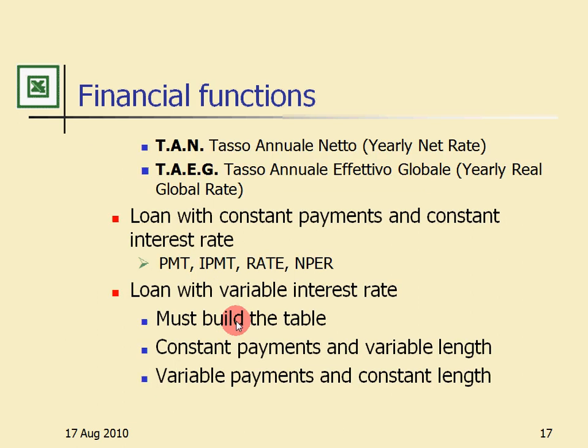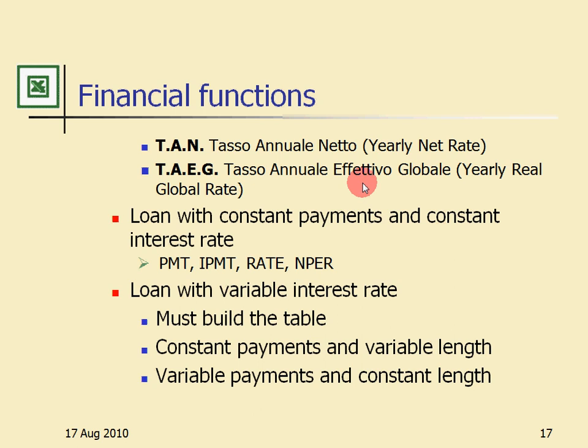Okay. Let's talk about these two things. The tasso annuale netto and the tasso annuale effettivo globale are two measures officially defined by the Italian law. The tasso annuale netto is basically the internal rate of return of a loan. So if you ask for a loan, a debt, the person who proposes the debt to you should have written the tasso annuale netto, which is the internal rate of return of the